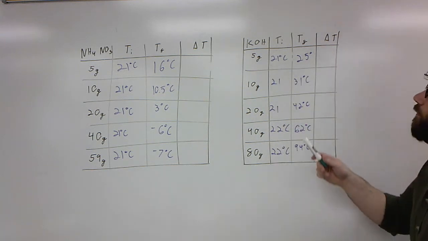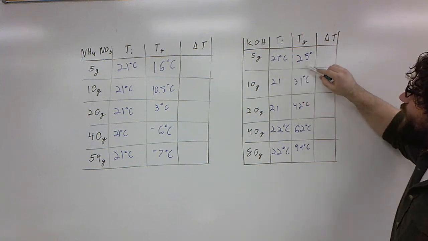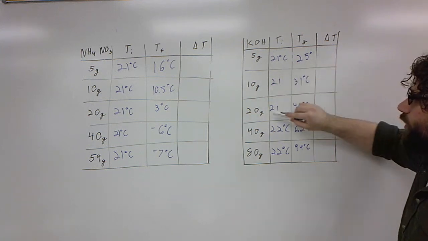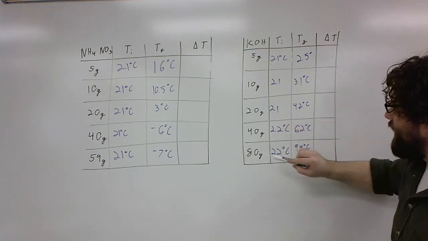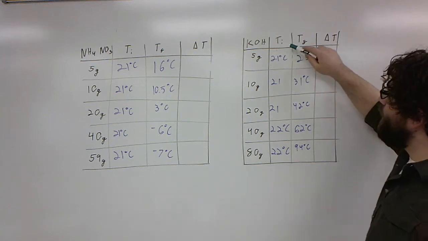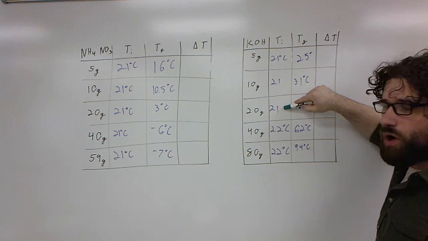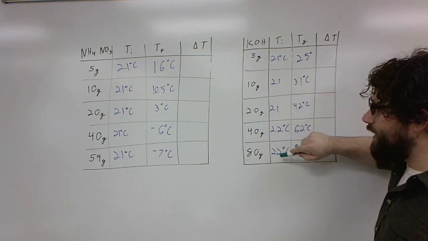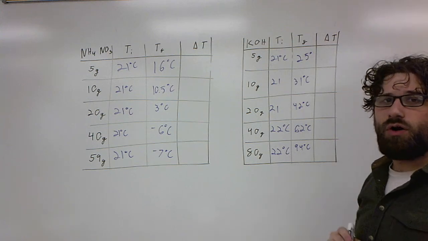Okay, and then our potassium hydroxide, 5 grams brought us up to 25, 10 grams to 31, 20 to 42, 40 to 62, and 80 to 94. The only difference here, our initial temperatures for the first 3 were all 21, and for the 40 grams and the 80 grams, they were 22 degrees. So go ahead and fill out those tables. Tomorrow we will graph